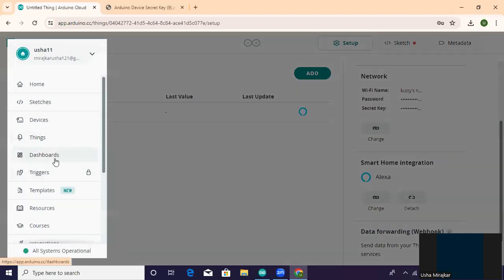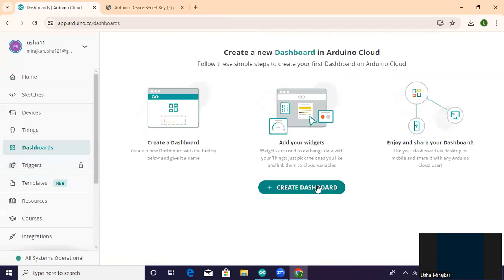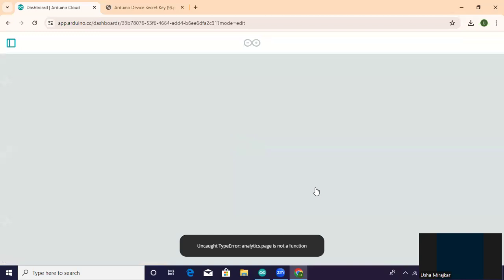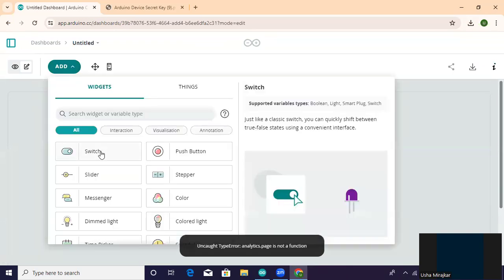Now go to the dashboards here. Create the dashboard. Now add. Here we need switch here.